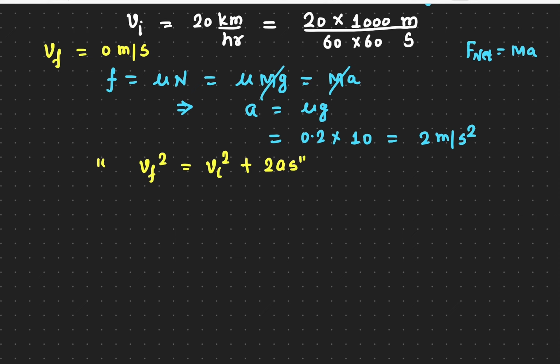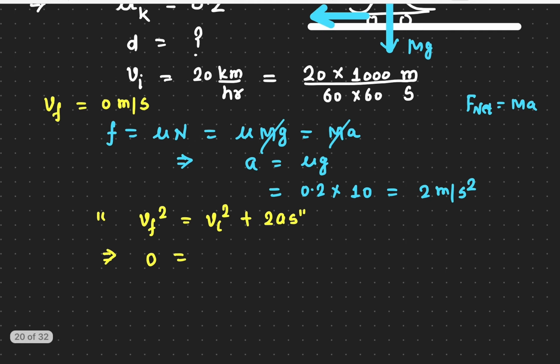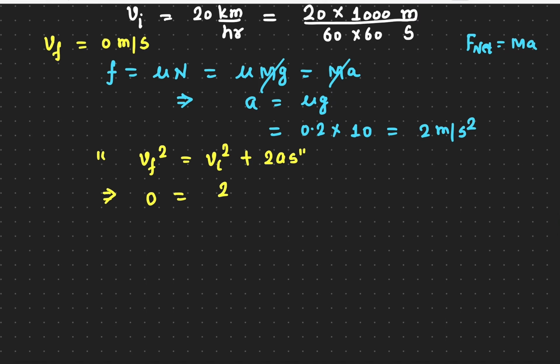Okay, so this equation, why did I choose this equation? Because I know my final speed, which is 0. I know my initial speed, which is this number here, 20 times 1000 divided by 60 times 60, squared, plus 2. What is my acceleration? Acceleration should be -2,